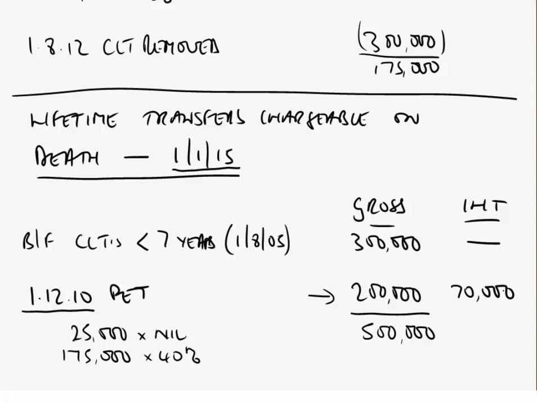Now there is at least some slightly better news, inasmuch as the donee of that PET will not have to pay the full £70,000. Why not? Well, look at the timing there, December 10 compared to January 15 date of death. So what therefore will be available? Taper relief. Let's just go over the page to show,